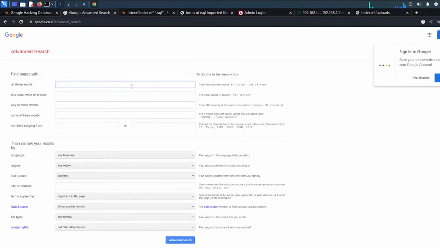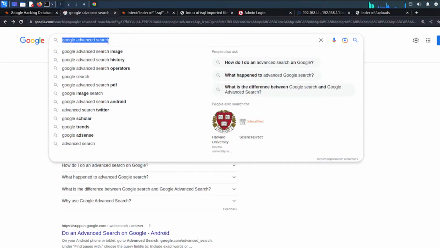Now here you can specify the words, the exact phrase you want to search, any kind of thing, number ranging, to narrow your results. This can give you a better research option. But normally people will use dorks. Right? You can also search by image. So I want to search. Okay, let's say